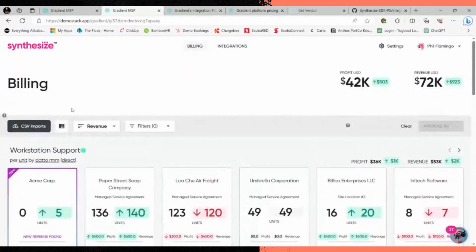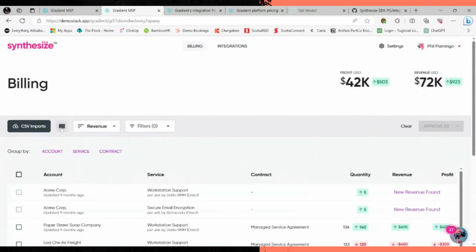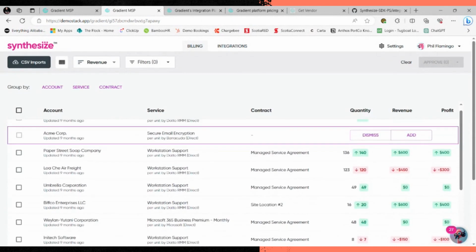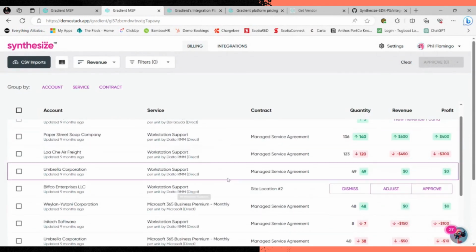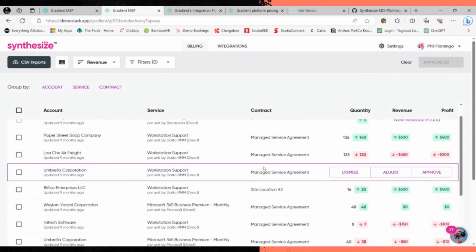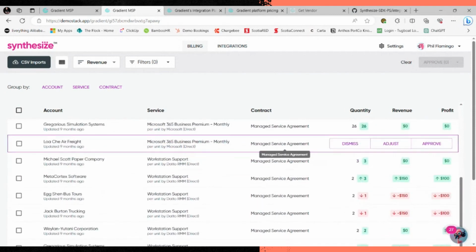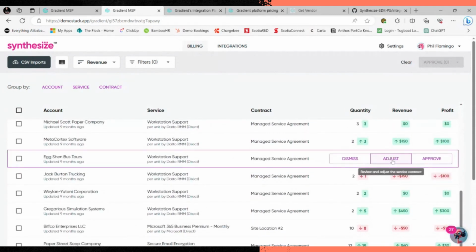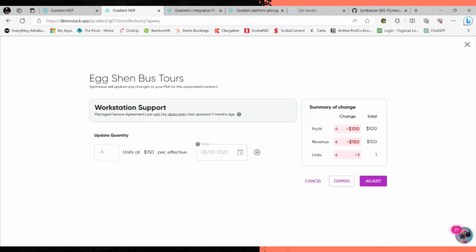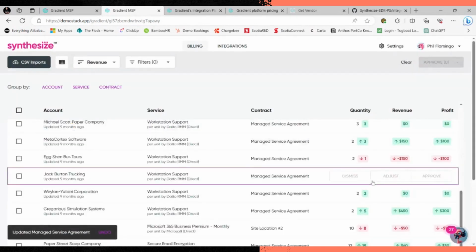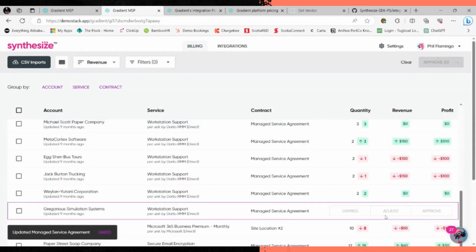Now, what I can do here as well is I can switch to the list view. So now this is something that's a lot more amenable to my screen size, maybe my data set, the number of clients or services I'm reselling is much larger. I've got the ability to come through here, do the quick review of everything, see if there's anything I need to adjust. You know what? I know that this is 1 unit down. I actually know that was a decommissioned workstation, but then we added another workstation in that. So I can go ahead and change that to 0 and adjust that. Boom, it's adjusted and we wrote it back to the PSA.